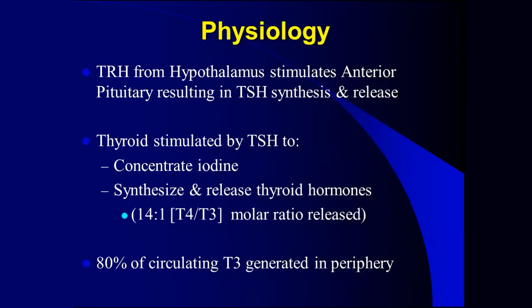So as I just said, once TSH is synthesized from the pituitary and released, it does two things. It helps the thyroid gland to concentrate iodine and synthesize the two hormones T3 and T4. These two hormones are secreted in a molar ratio of 14:1, which means that for 14 molecules of T4, the thyroid gland would secrete only one molecule of T3. So the thyroid gland produces more T4 than T3, which in turn goes to the peripheral tissues, where T4 is also converted into T3 using an enzyme called 5-deiodinase.